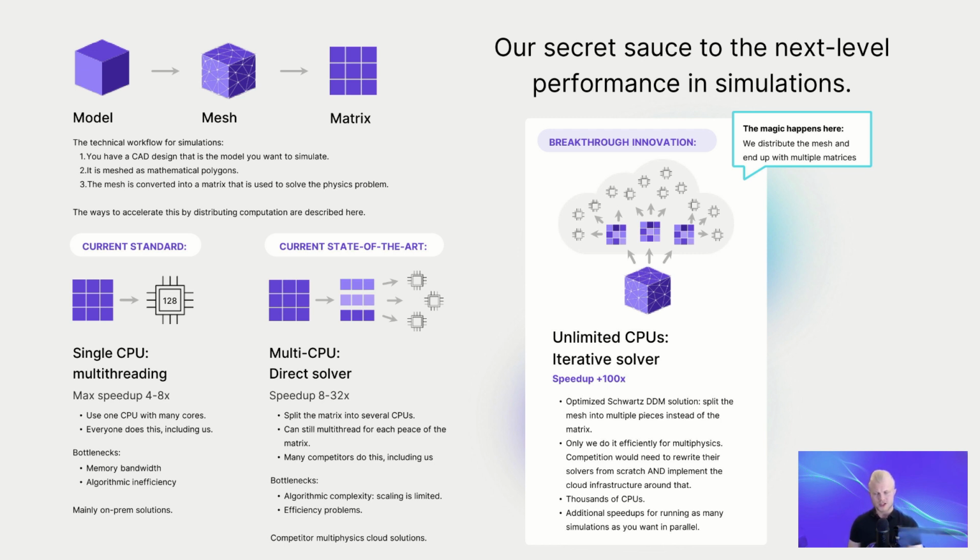So no matter how many CPUs you throw at them, they won't scale linearly. Now, with R solver, which utilizes the domain decomposition method, it basically dissects the problem into small parts and solves each of them on individual machines. So basically, instead of solving a massive matrix, it splits the mesh into smaller matrices that are solved on individual computers. What that allows us, or our customers, to do is to truly scale linearly to hundreds and